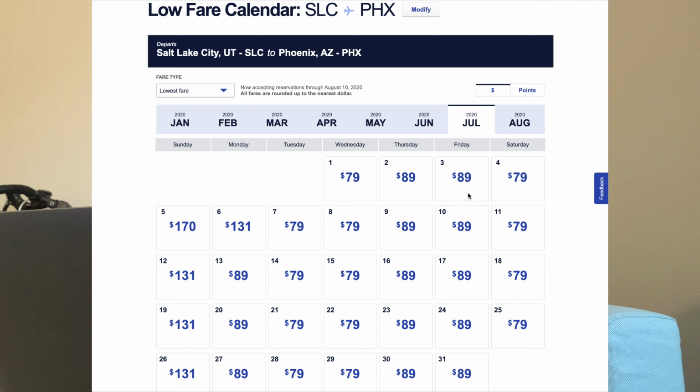If you look here, if you were to come in on Thursday the 2nd, you're going to have that flight for $89. And then you could be leaving on the 4th, but you don't want to do that because it's when the fireworks are. If you're leaving on the 5th, that's $170. That's a lot compared to $79 or $89, for example.